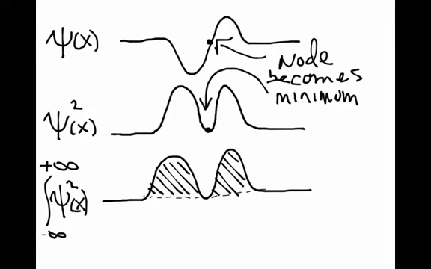So those are the 3 requirements here. We've got the wave function, it's got positive values and negative values where the object is, and is dead flat and 0 where the object isn't. We have the probability distribution, the wave function squared, which has high values where the wave function has a large magnitude, whether positive or negative. And then we have this requirement that if we take that probability distribution and integrate, the area under the curve of that probability distribution over all space has got to be 1.